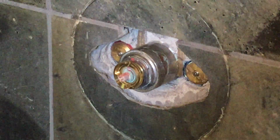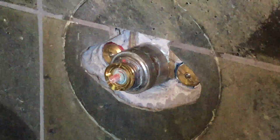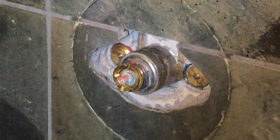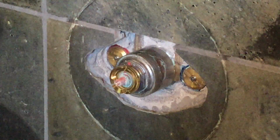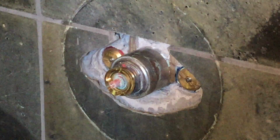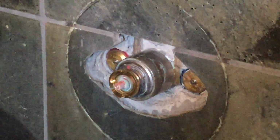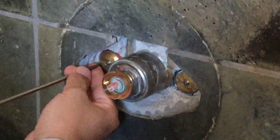This video will demonstrate how to replace the 1-540 Thermo Valve Cartridge. Prior to removing the cartridge, you will need to make sure the water supply is off to the valve. This can be done either at the supply or at the hot and cold stops, which are part of this